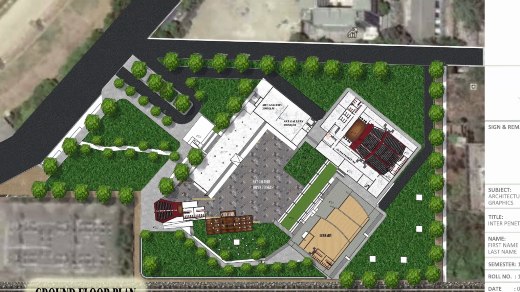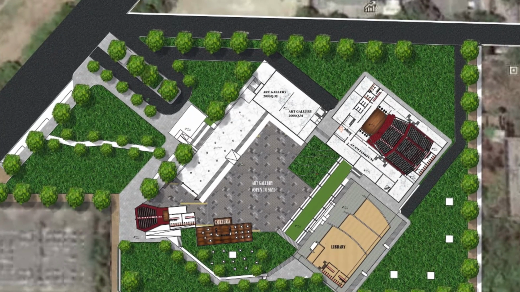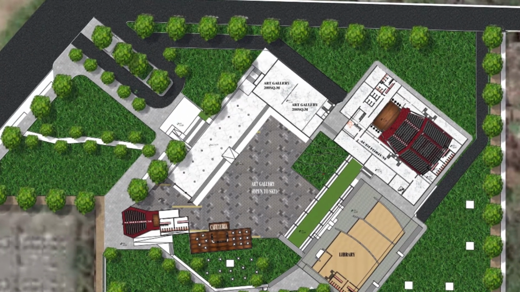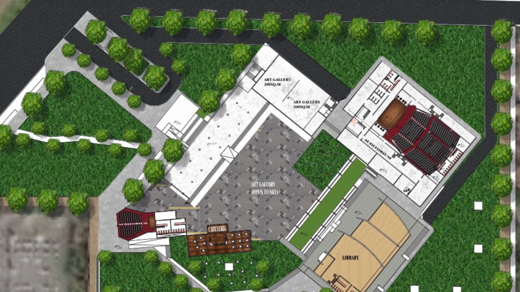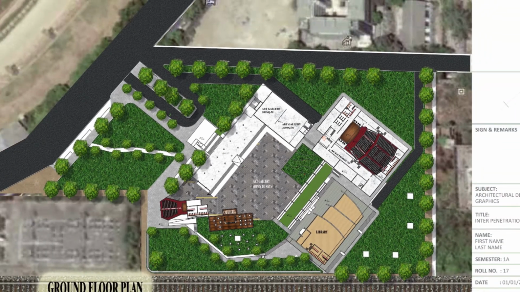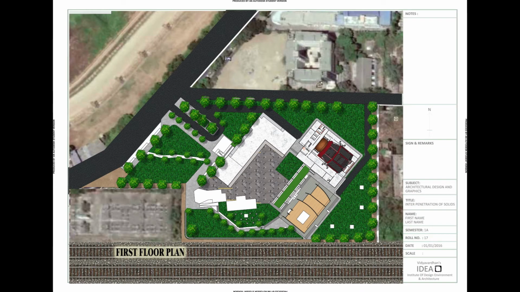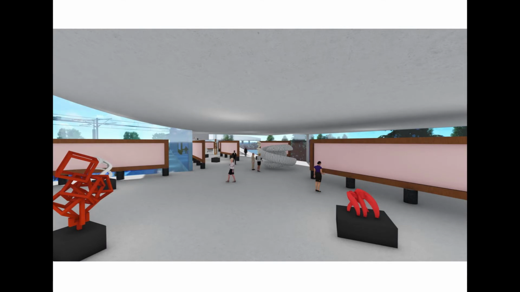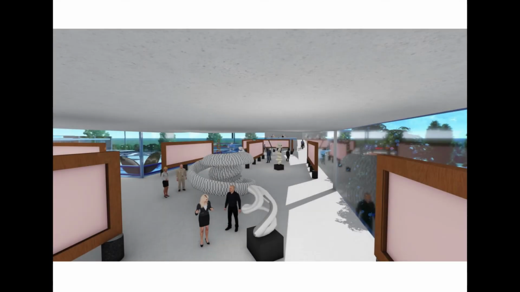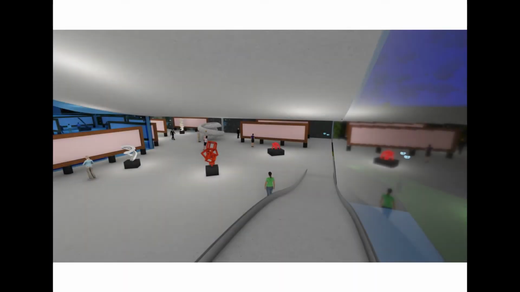Temporary art galleries are at plus 1.2 meters above ground level. They consist of temporary galleries having an area of 200 square meters each and a gift shop having an area of 120 square meters. The first floor is at plus 5.2 meters above ground level, and consists of an archives area of 500 square meters, a permanent art museum of 100 square meters, a subject focus museum of 250 square meters, an architectural museum of 250 square meters, and two temporary galleries of 400 square meters each, and an administration area.